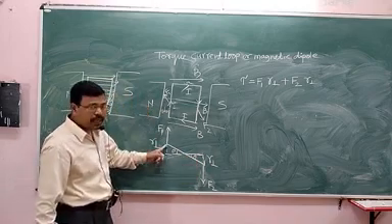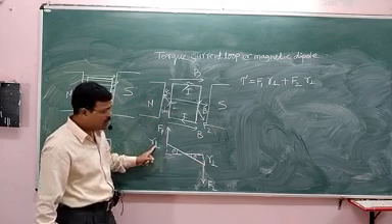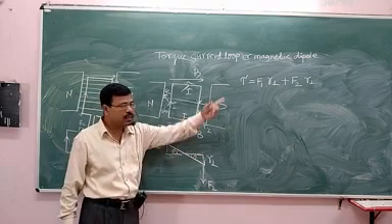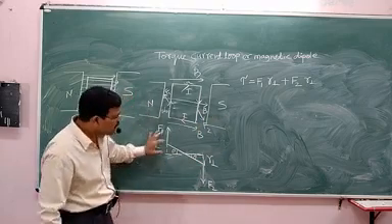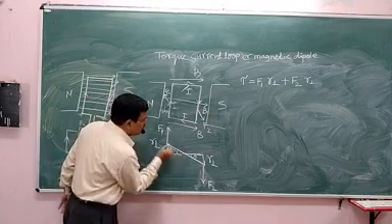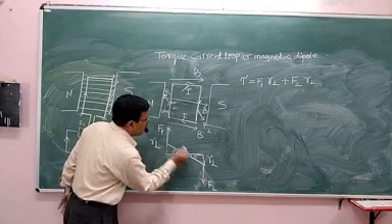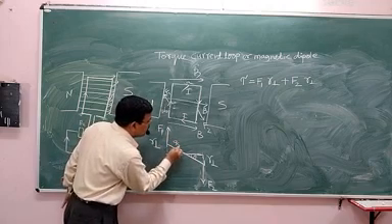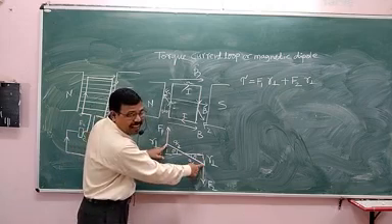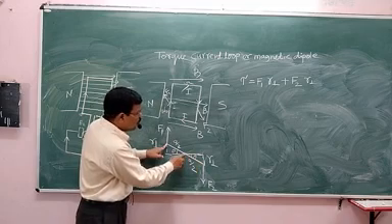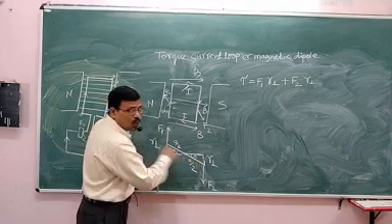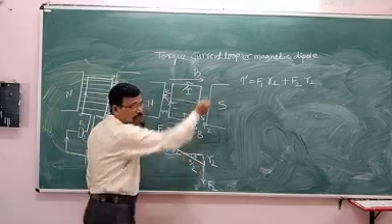Now what is the torque here? F1 into perpendicular distance. What is the torque here? Here F2 into perpendicular distance. So for this perpendicular distance, if you consider the total entire length is A, then this will be A by 2. This also will be A by 2. From here to here it is A. From this O to this length is A by 2, and A by 2 plus A by 2, total length is A.